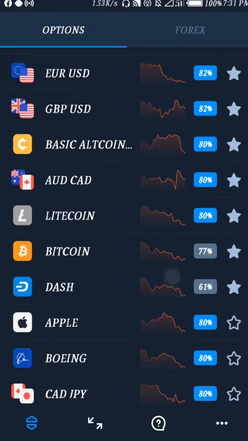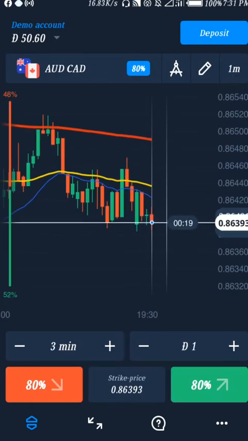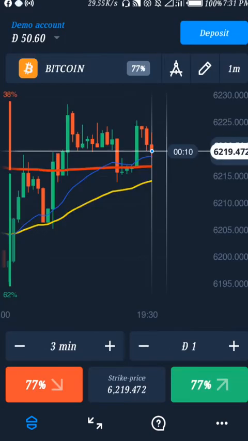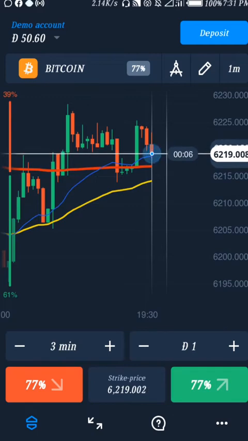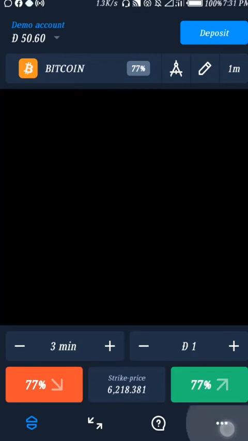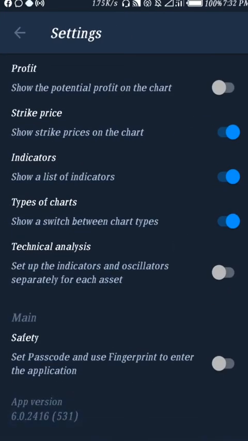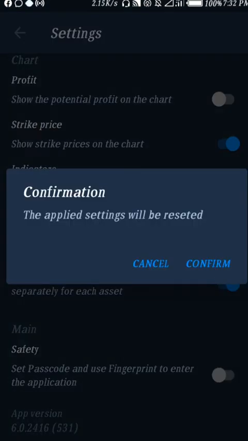So if I click on another chart, you can see the 3 EMAs are there. Now for you, if you don't see the 3 EMAs coming into all the other charts that you create, that you open up, what you have to do is to go to your settings. So for me, my settings is right here, these 3 dots. I'm going to click on it, and you see settings. I'll click on it. Then you scroll down, and where you see technical analysis, if it is checked, like this,